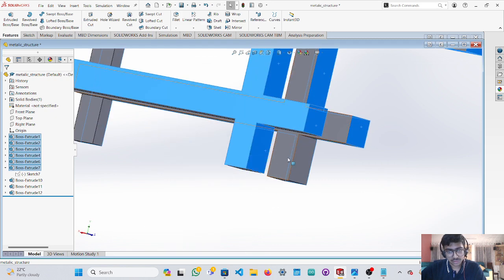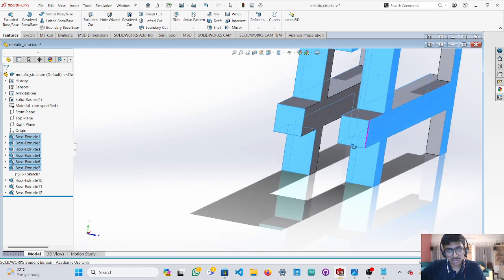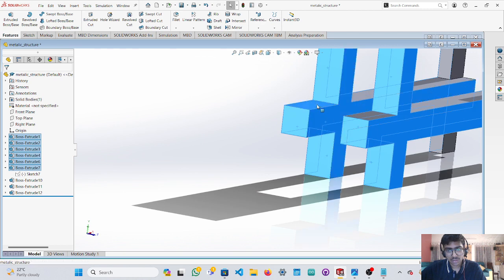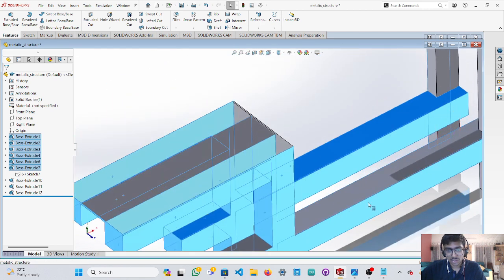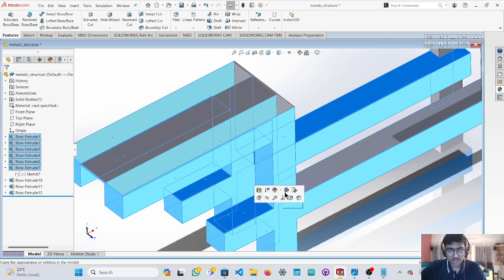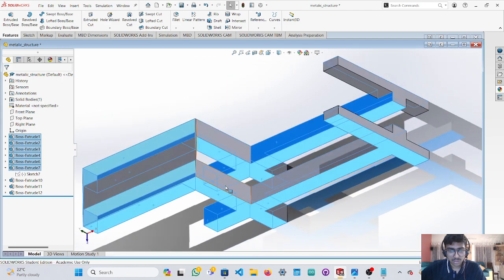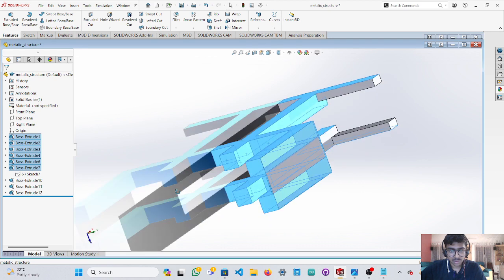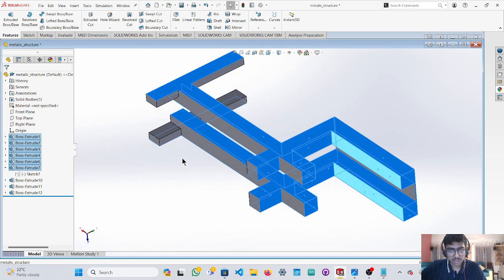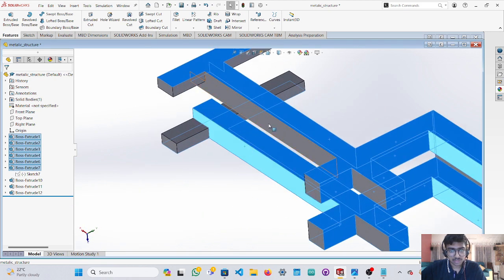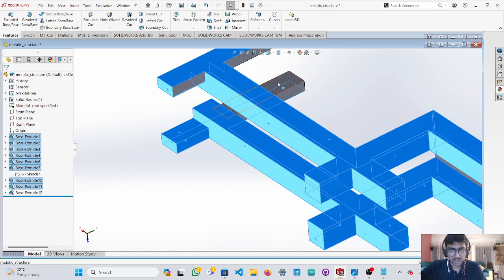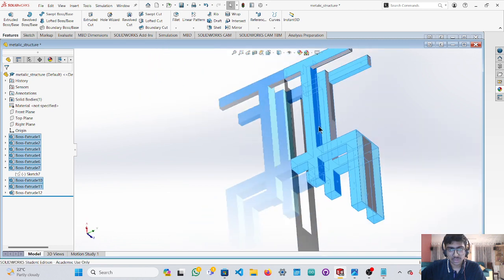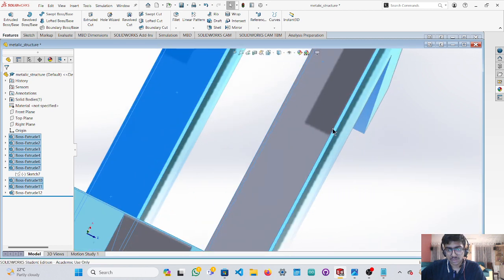All these surfaces. Is everything selected? No, these two are to be selected. These, and what else? This part,